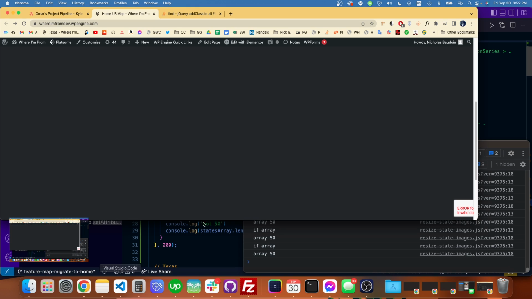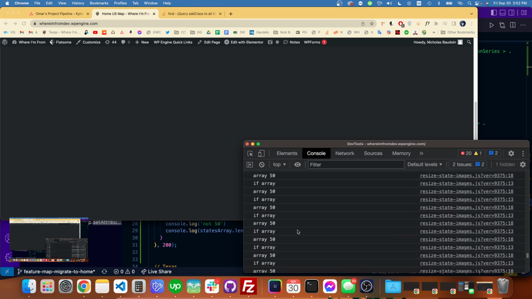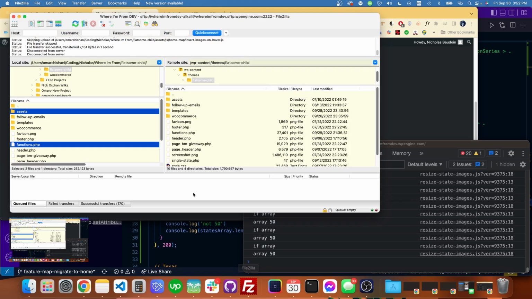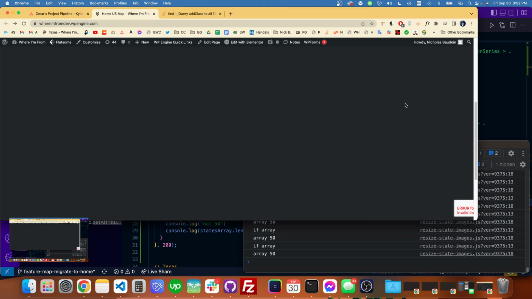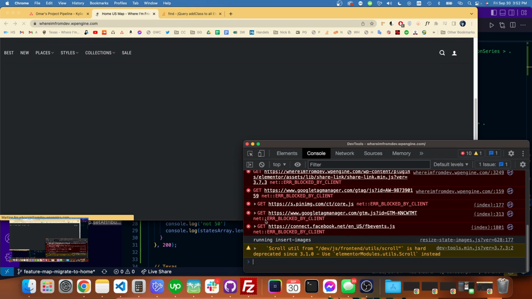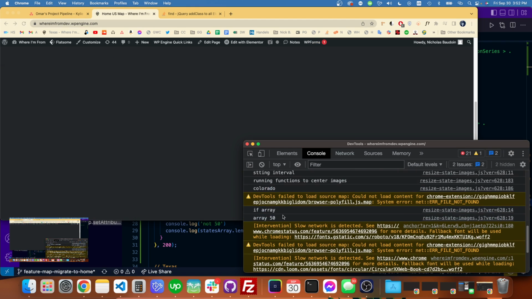So doing that, I can show you what's going on in the browser here. You can see it's kind of on a loop now. It's going continuously. So if I go and upload and then refresh the page here, it's going to hopefully just do it one time and clear once. I'm going to load a map here. Once the states are loaded, it looks like it worked there. It only ran once